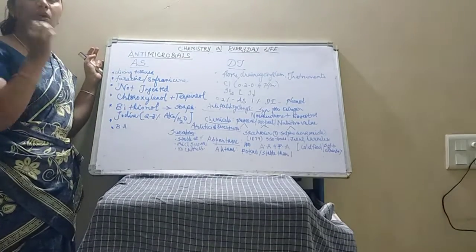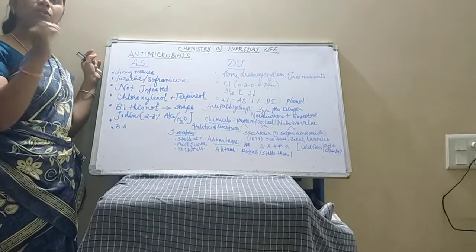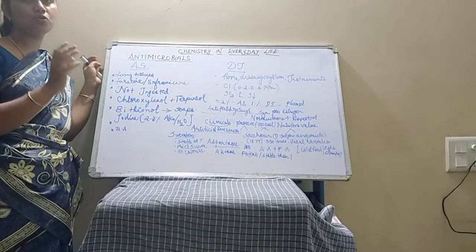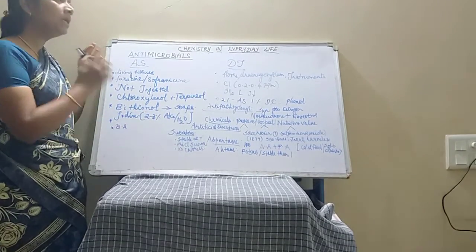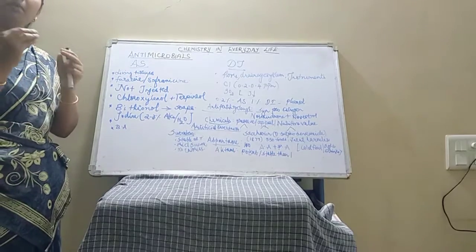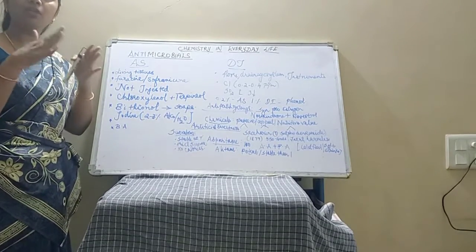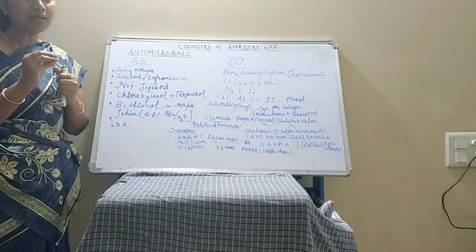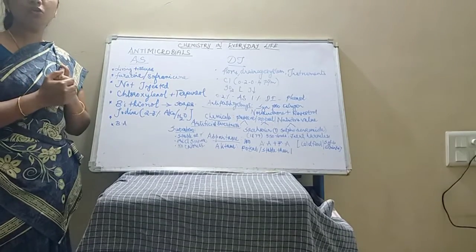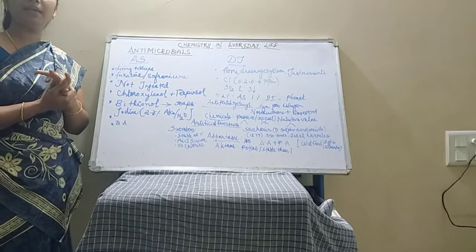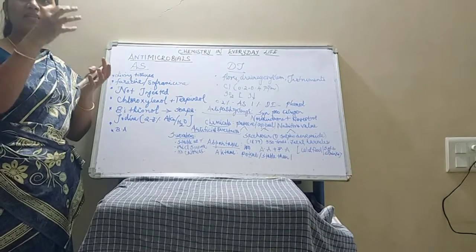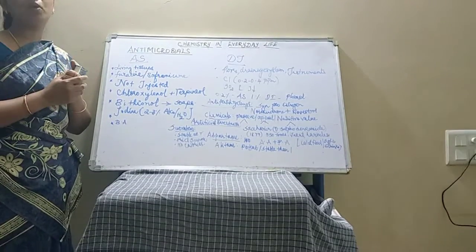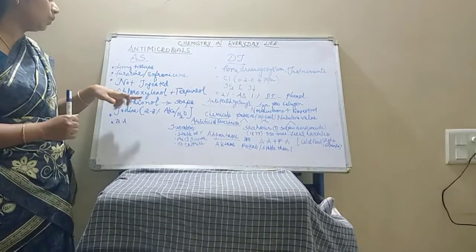Bithionol is a chemical compound which is added to soaps in order to impart antiseptic property to the soaps. So what is bithionol? Bithionol is a chemical substance which can be added during the manufacturing of soaps, to impart antiseptic property to them. We have seen a lot of soaps available in the market. They are sold by advertisement telling they have got an antiseptic property. So which component is responsible for the antiseptic property of soaps? It is nothing but bithionol.